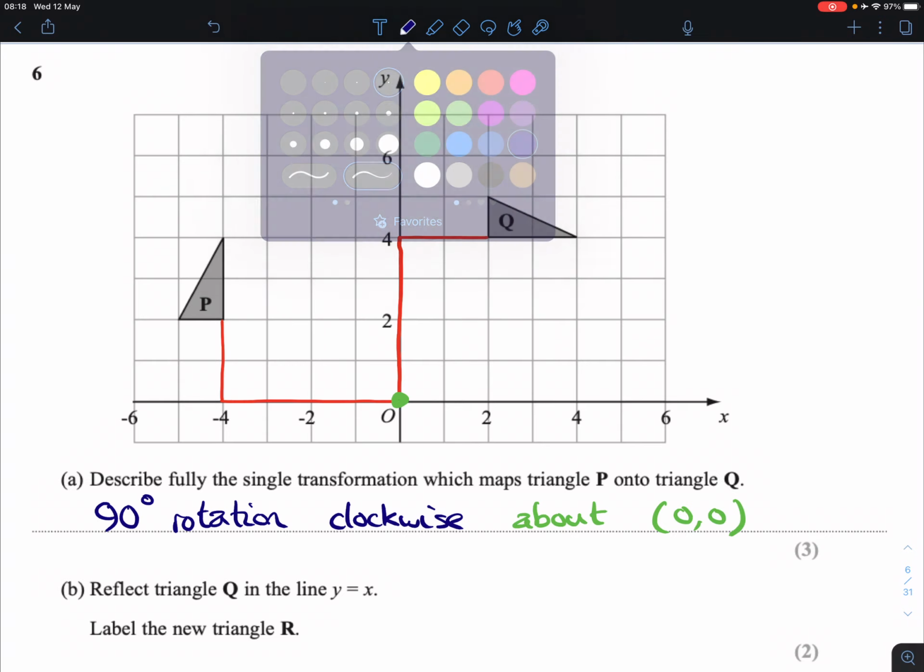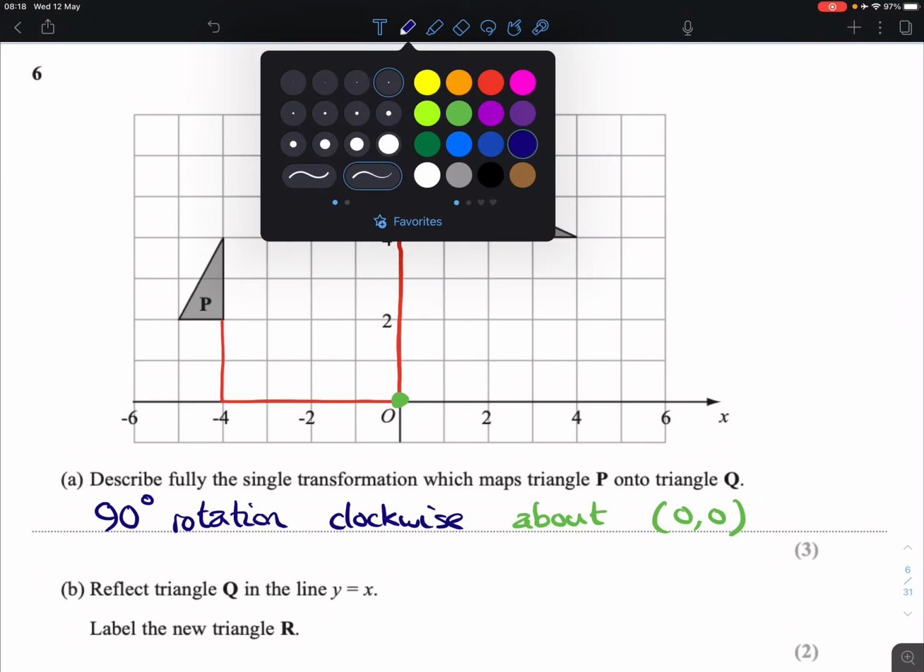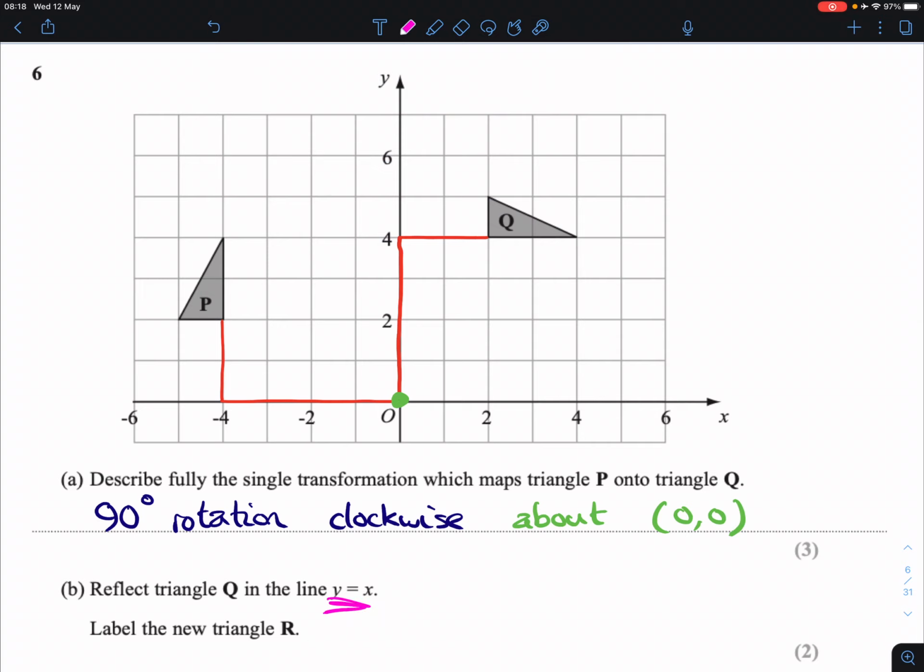Part B, reflect triangle Q in the line y equals x. Well, y equals x is this line here. So that is our line of reflection. You would then turn it about so that you're looking at it so that the line is going vertical basically. And from that, picking the corners of your shape, you then go across to see where on the other side